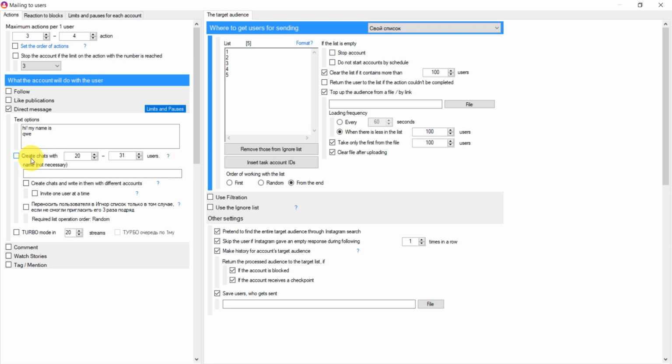We can also create chats with a number of users. Maximum users is 31. If you click 32, it will also be 31. So you can create a chat with, for example, 10 to 31 users. You can click the question mark to read more about it. It's not necessary, but it's better to put the name of the chat you want to create, and create chats, additional parameter, create chats and write in them with different accounts. Click there,